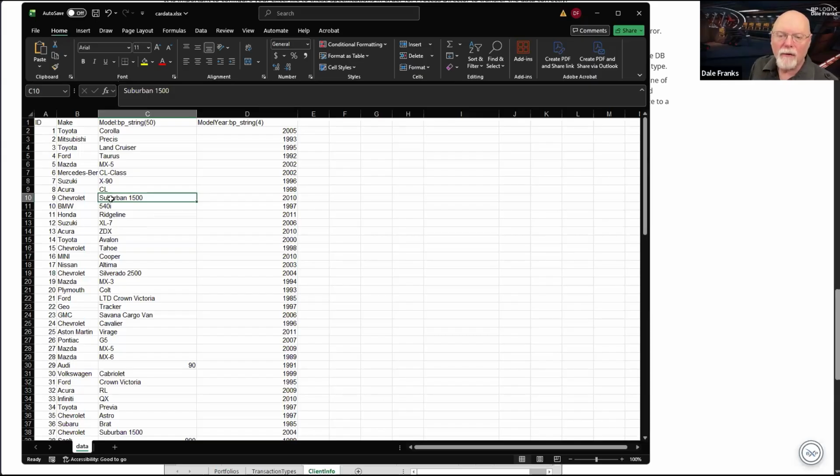It will just start at the first letter. So for Suburban 1500, it will look for S. It will sort, from A to Z, where S falls normally in that sequence, and then it'll go to SU and say, okay, let's take all the things that start with an S, and now let's order those. This is SU, so it goes below SA, for example. So just keep those in mind whenever you are doing the import.